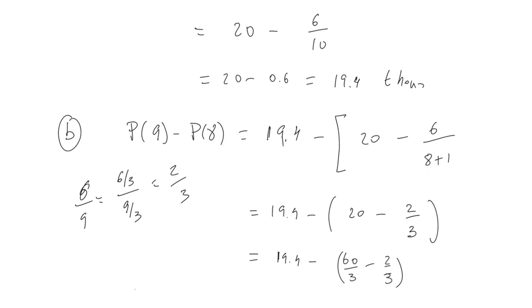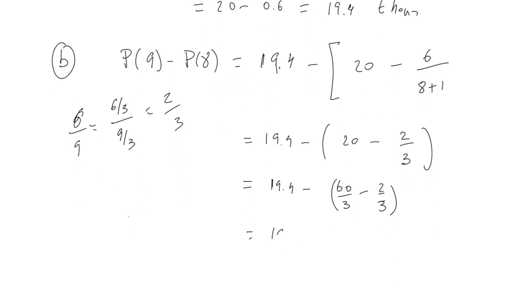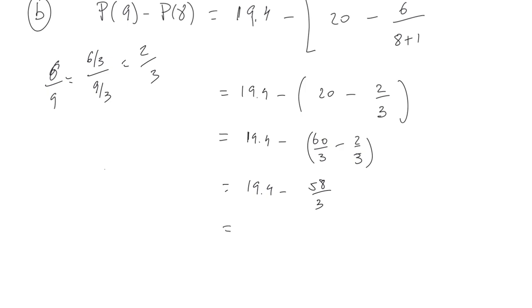So this will be equal to 19.4 minus 58 divided by 3. 60 divided by 3 is 20, so 58 divided by 3 is less than 20, and I suppose it is less than 19.4, because in other case it would be a negative population,